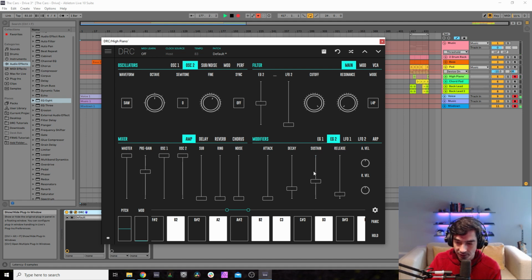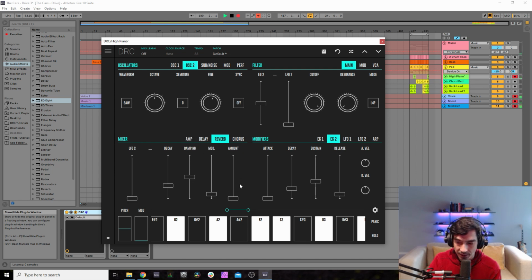And on envelope generator 2, 230 on the decay, sustain at 400, and release at 100. Finally, we go to the reverb and raise the amount to 462. And the decay to 681. Okay.